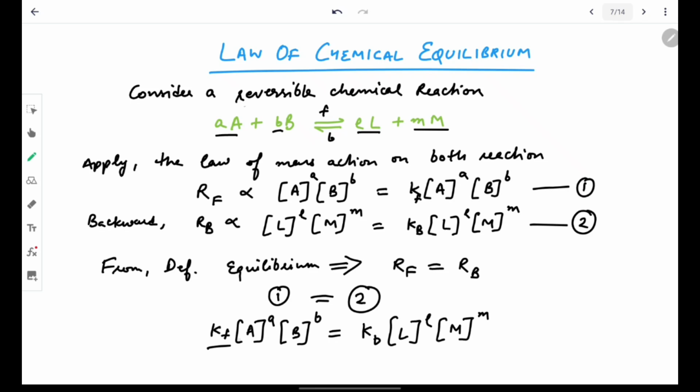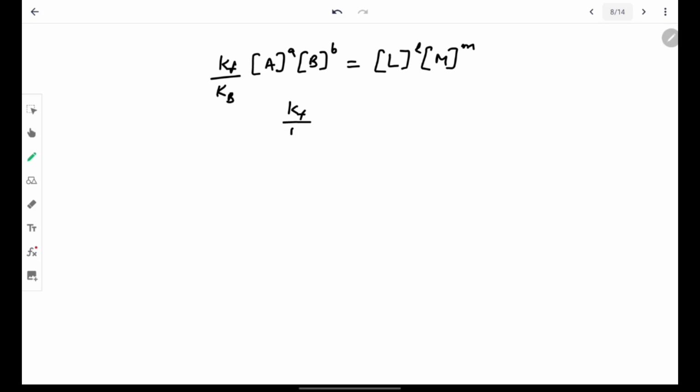Now, taking the ratio, what we need to obtain is Kf divided by Kb. So, Kf by Kb becomes [L] power l times [M] power m divided by [A] power a times [B] power b,